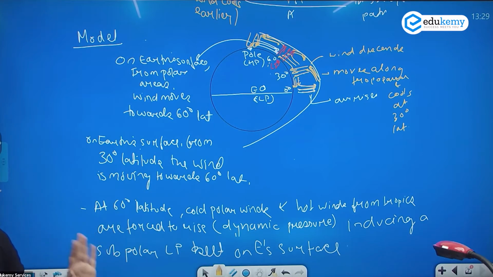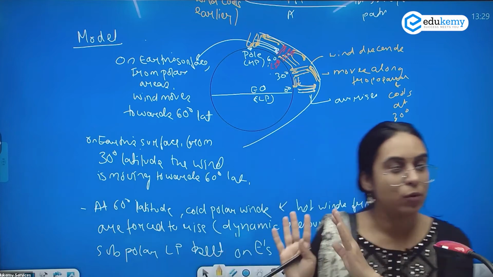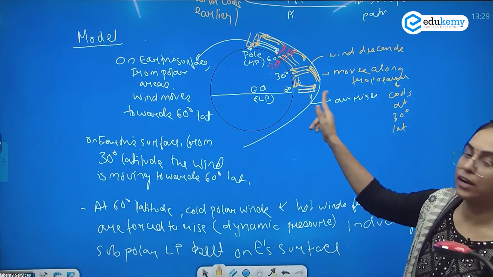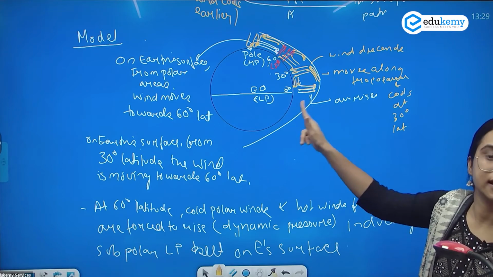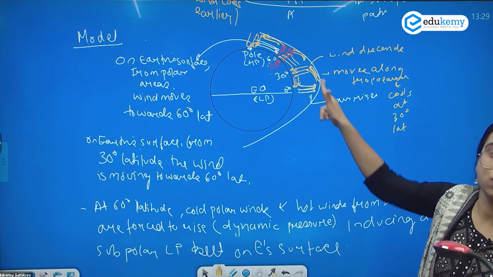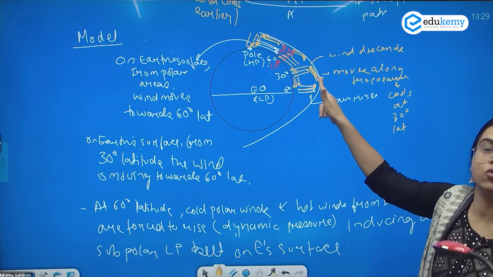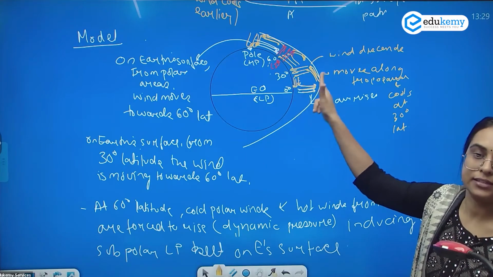Now understand what is happening. We will understand each of these cells. But मोटा मोटा समझो क्या हो रहा है. इक्वेटर पे विंड राइज कर रही है, विंड ट्रोपोपॉज तक जा रही है. Wind is rising at the equator, wind is reaching up to the tropopause, the wind moves along the tropopause, the wind cools as it reaches 30 degree and it sinks.